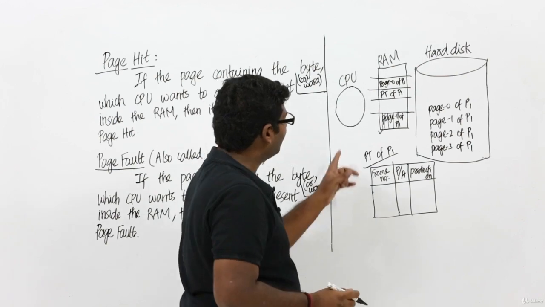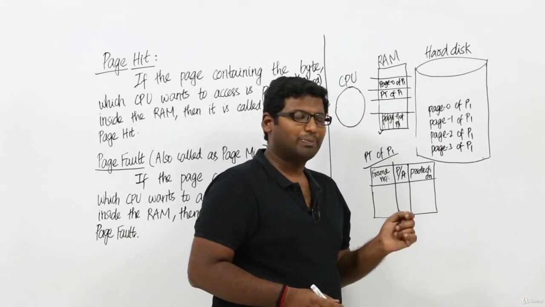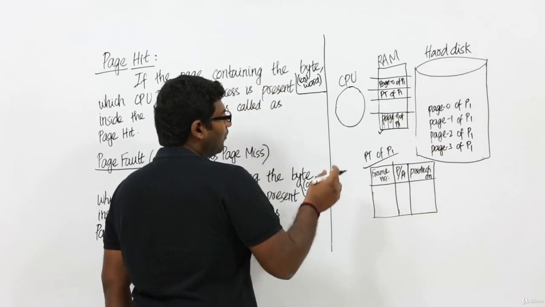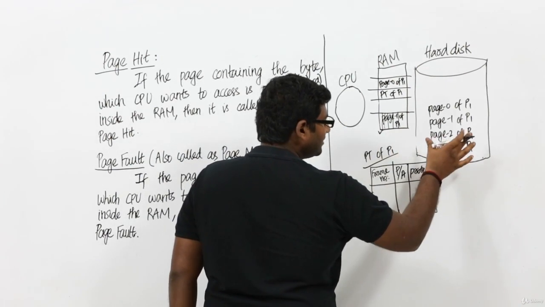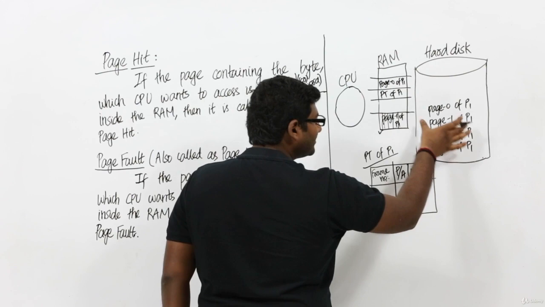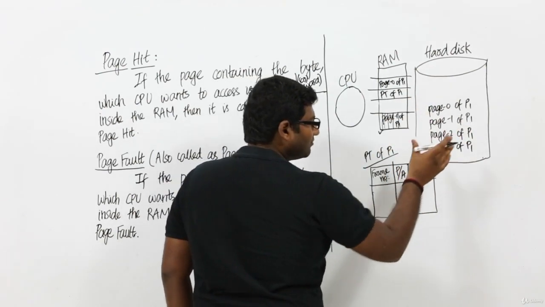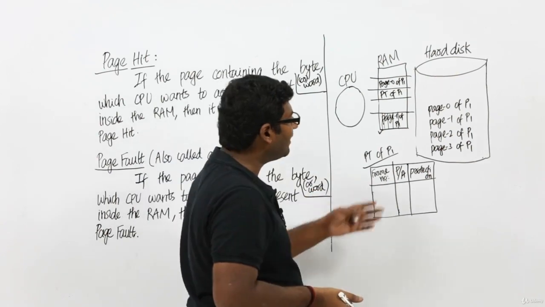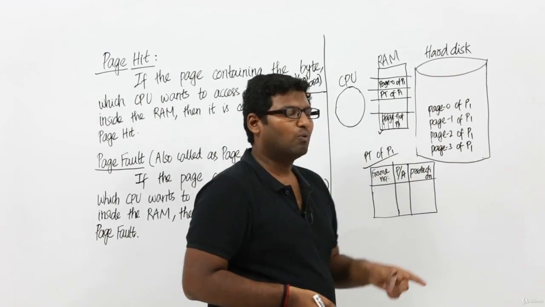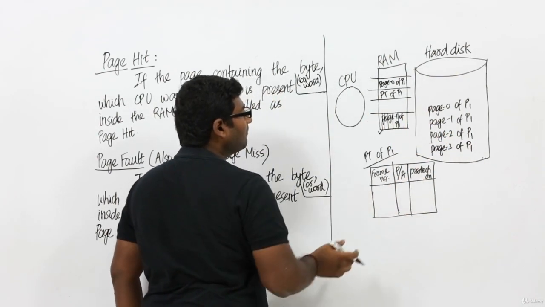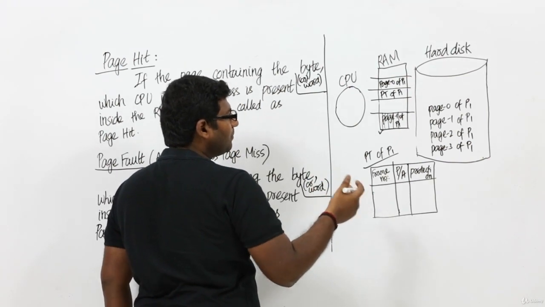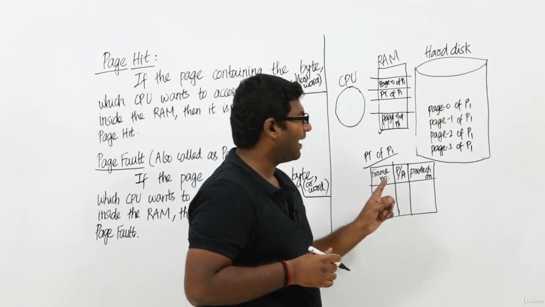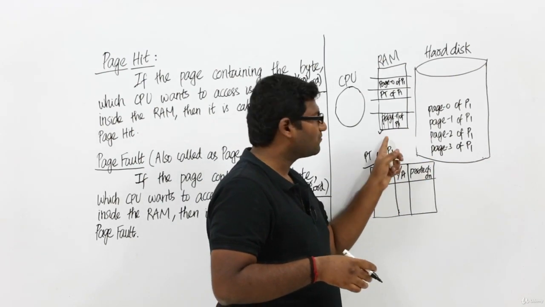But in case the CPU asks for a byte which is present in page 2 of P1, see what the CPU will do is, initially this page will be moved from the hard disk into the RAM, right? So the page has to be read from the hard disk, so the hard disk is accessed one time. Now once the page is moved inside the RAM, the byte which the CPU wants will be read from the RAM. So effectively we are accessing both the hard disk as well as the RAM,